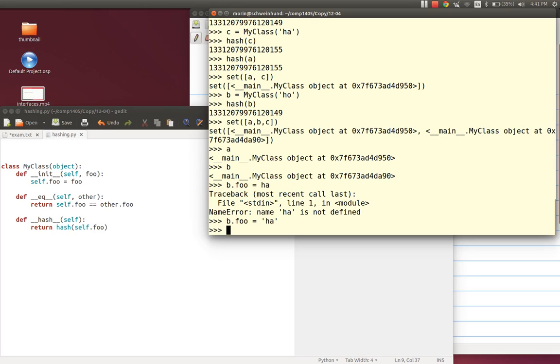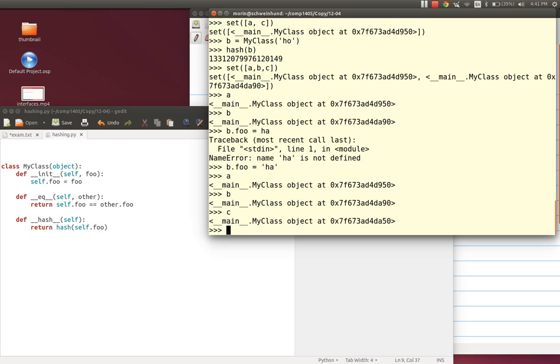When you do the is, if the hash value is the same, would they consider it the same? No. The is operator just looks at the place in memory where these things are stored. Here we have A, B, and C, and when you don't create a string like this, you can actually see where these are stored. A is stored at the memory address that ends with a 50. B is stored at this address that ends with a 90. And C is stored at this address that ends with A50, not the 950 that A is at. So they're all at different locations.